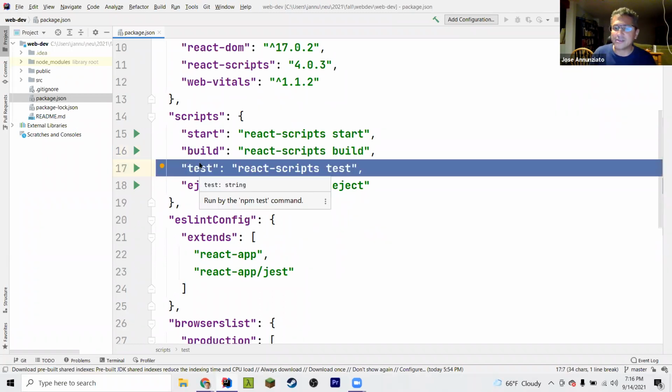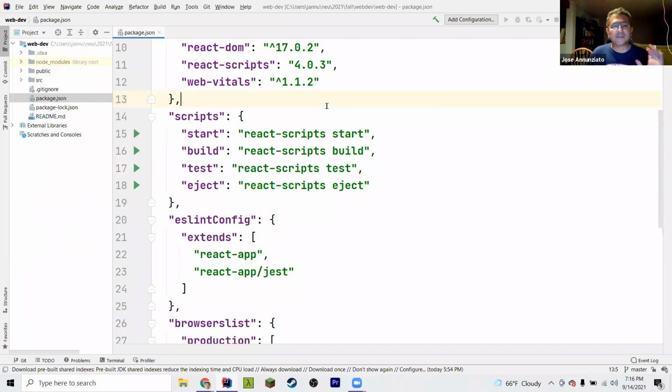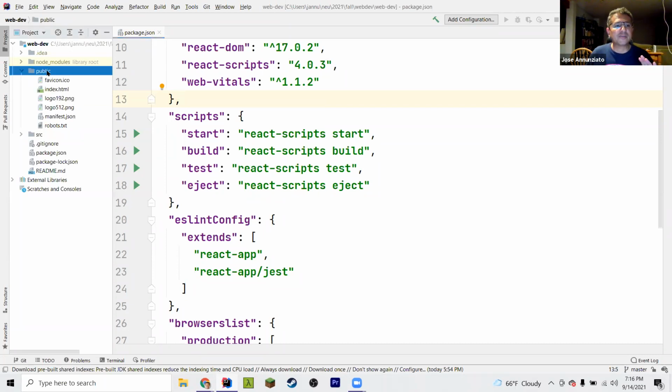If you have any tests implemented in Jest or any testing environment, you can run the tests. Okay. Anyway, so this is a Node.js project because it has package.json. Perfect. So we also said that the entry point for the React application was this index.html, right, inside of the public directory. We mentioned last time that